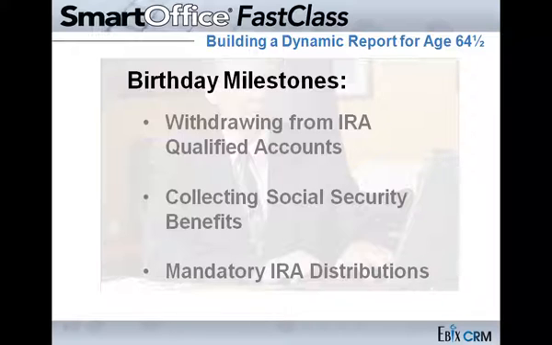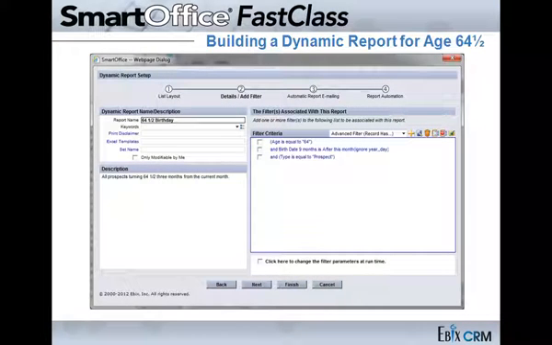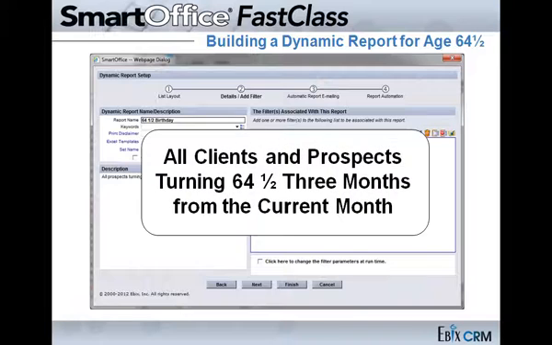their benefits and eligibilities. A few of these important birthdays include important half birthdays such as 59 and a half, 64 and a half, and 70 and a half. As an advisor, you need to know when to start the marketing process well in advance of these important half birthday milestones. This FAST class will demonstrate how to build a dynamic report that will find all clients and prospects